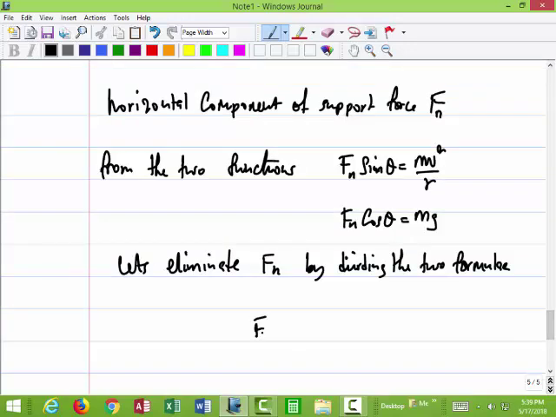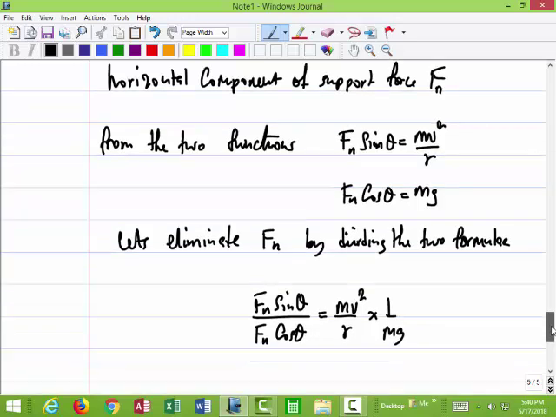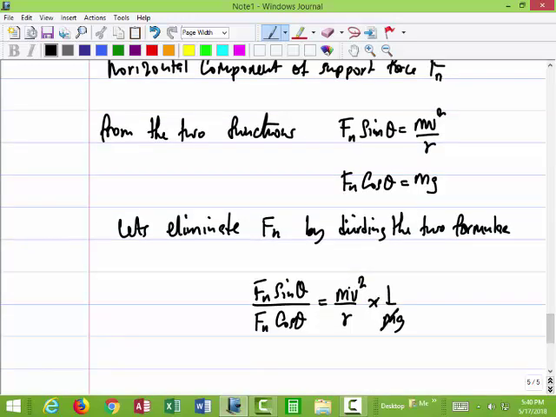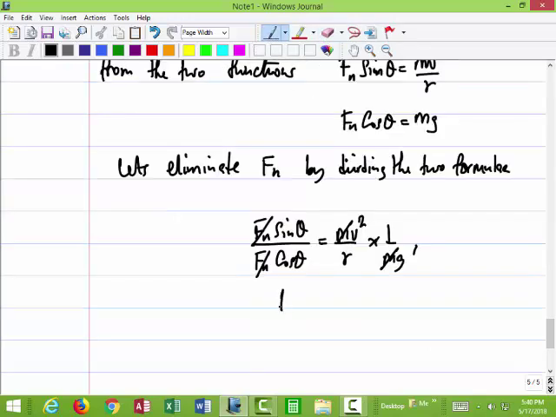So we can say that Fn sine theta divided by Fn cosine theta is equal to mv squared over r times 1 over mg. So I'm dividing the two like that. I can cancel out the m's, and we have tangent theta. So notice that sine theta over cosine theta is tangent theta, of course. So we'll say that tangent theta is equal to v squared over rg. Therefore, v is the square root of